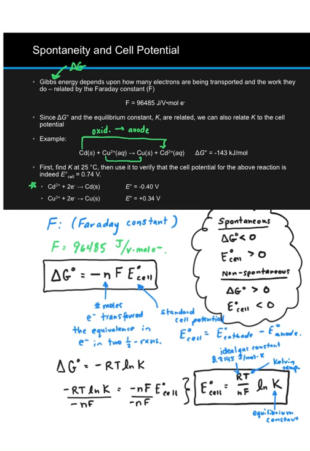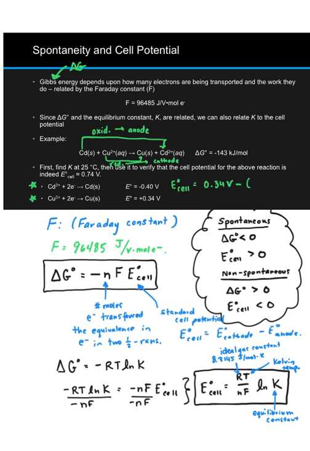Meanwhile, copper goes from a 2+ oxidation state to a 0 oxidation state. It goes down in oxidation state, so we say it has reduced. Reduction is associated with the cathode, Red Cat, for an electrochemical cell. Copper's standard reduction potential is given by this second half reaction. Overall, the standard cell potential for this reaction is the standard reduction potential associated with our cathode, represented by copper. That's positive 0.34 volts,